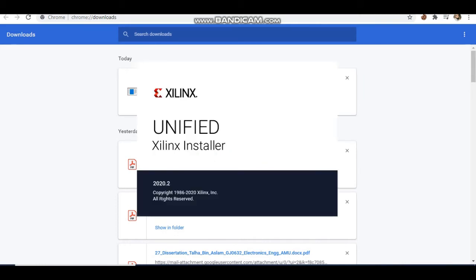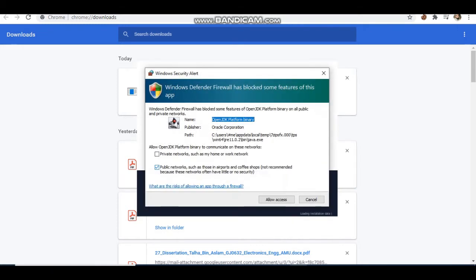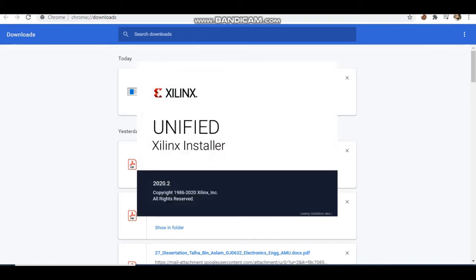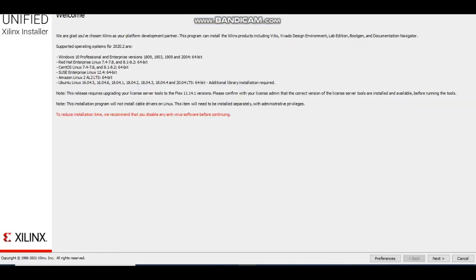Now the setup file has started. First of all, it will ask for Windows Defender permission. I need to allow access to that. Since it is taking a lot of time, after extracting, this file will open, and it is simply a setup file.